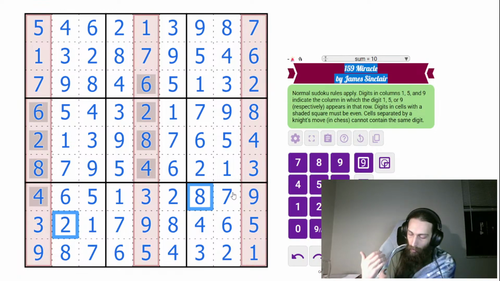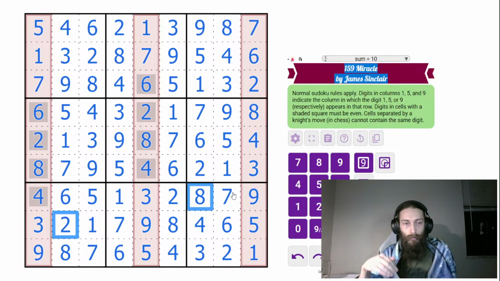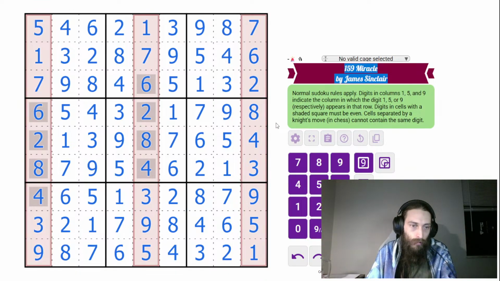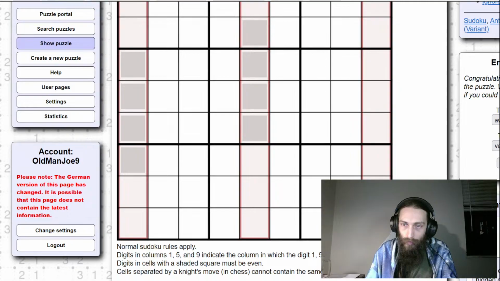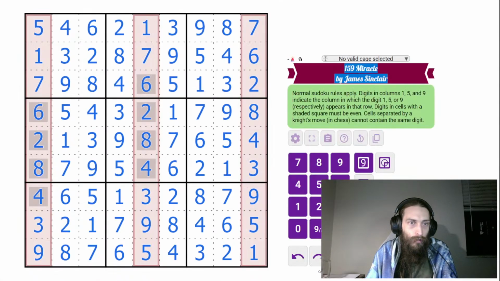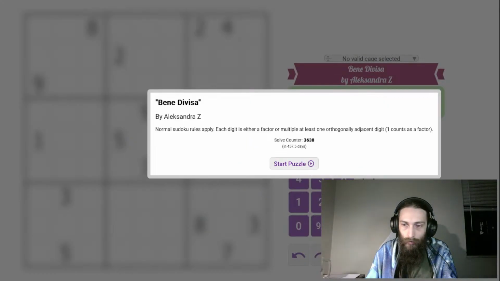I always find it really hard to spot a cell that's really heavily restricted without just putting in all of the digits and then taking out the things that it can't be. But I use the tools that are available to me. So I don't have much else to say to that one. I'm going to go ahead and submit it as average and move on to what will probably be our last puzzle